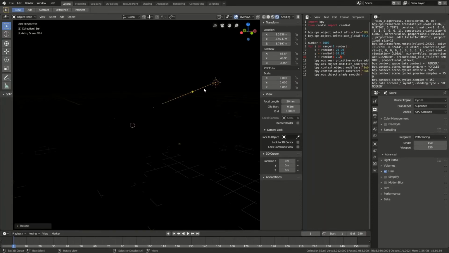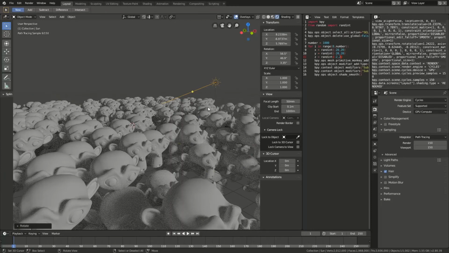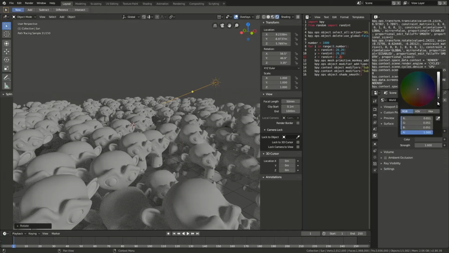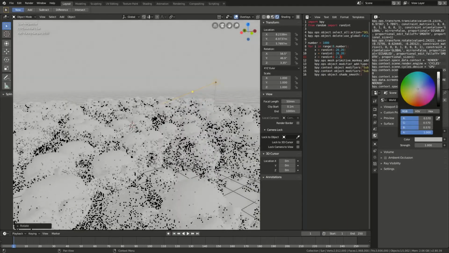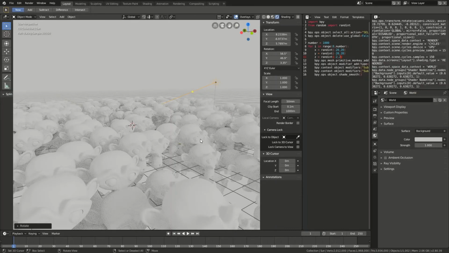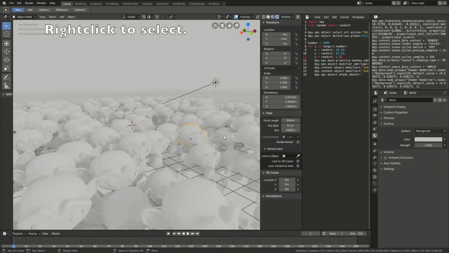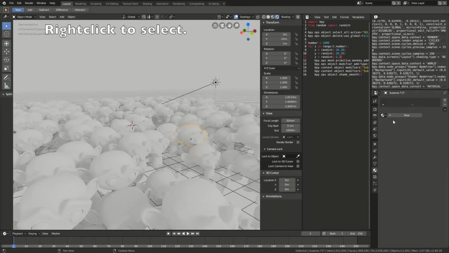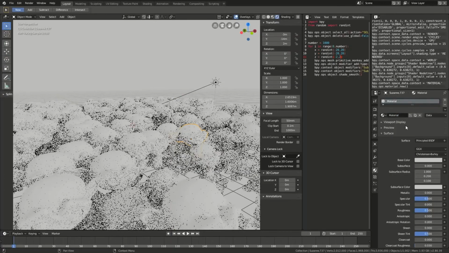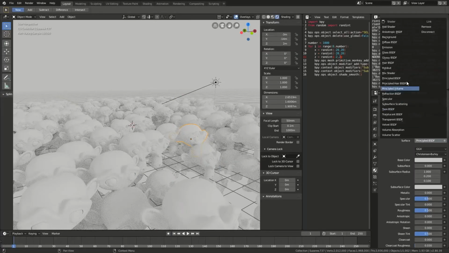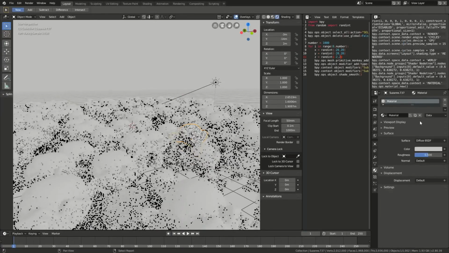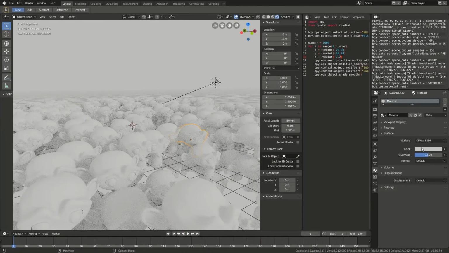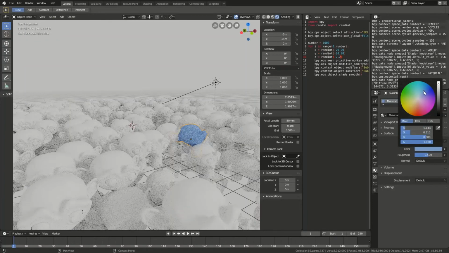So as you can see, it's still quite dark and we don't have any materials for the monkey. But let's change the background color to be almost completely white, and then select one of the monkeys, right click to select, and then go into the materials, new material, and then let's change it from a principled material to a diffuse material, which is the standard for just adding a simple color. And let's add a blue color,